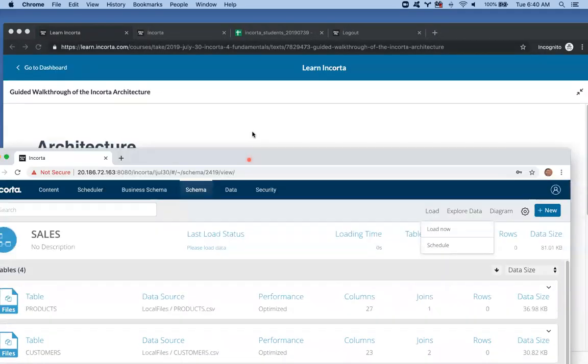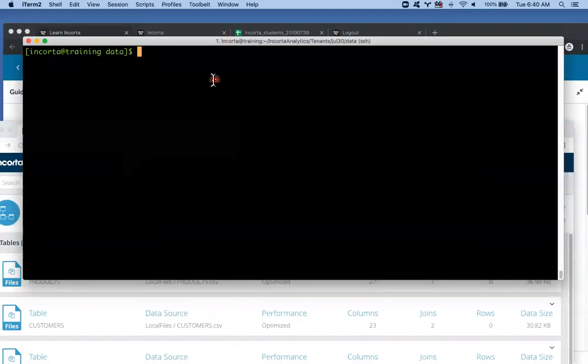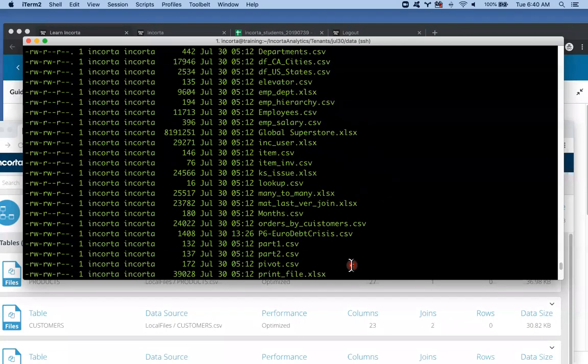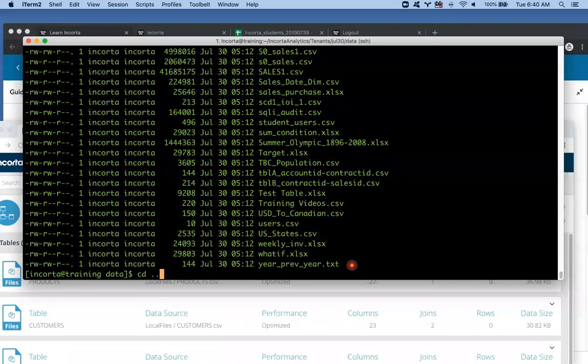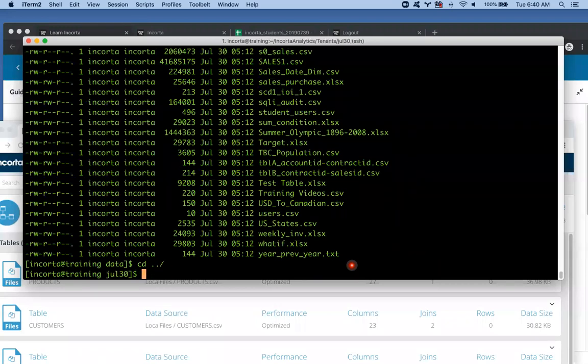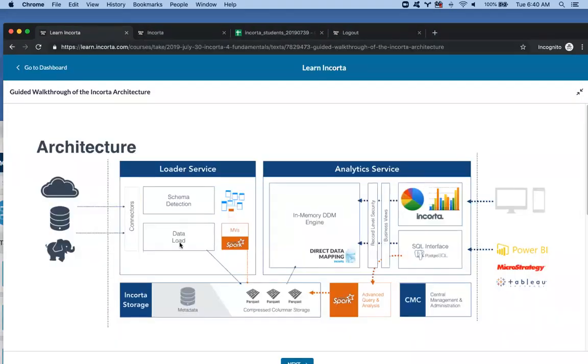Even though I've uploaded the data, in these data files, when I perform a load of the data in Incorta, what essentially I'm going to do is build a direct data map. Though it's not listed here in the loader service, we're going to build a direct data map. But in order for me to build this direct data map, first what we're going to do is actually create a mirror of those schema-defined files or tables in Incorta